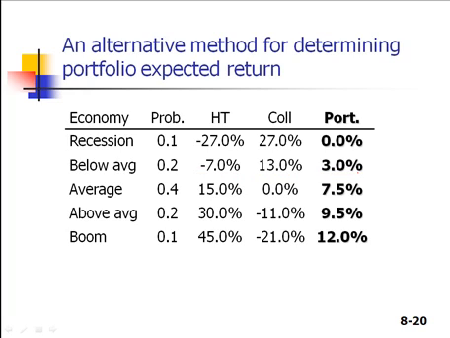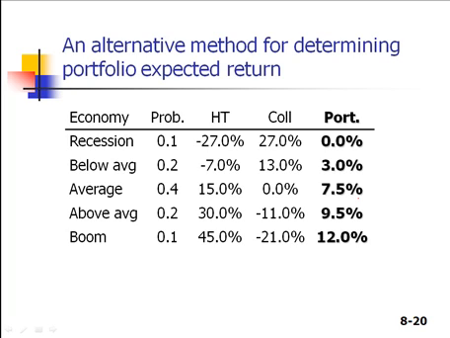Then you could do the average case, and that's a 50-50 mixture again. Let's see how that would go. 0.5 times 15% would be 7.5%. And then of course here you'd have 0.5 times 0, which is just 0. So you've got the 7.5%. That's the portfolio return. You could continue on down and do the same exact thing for each line of this probability distribution, and you would see what the portfolio would return in each possible state of the economy.